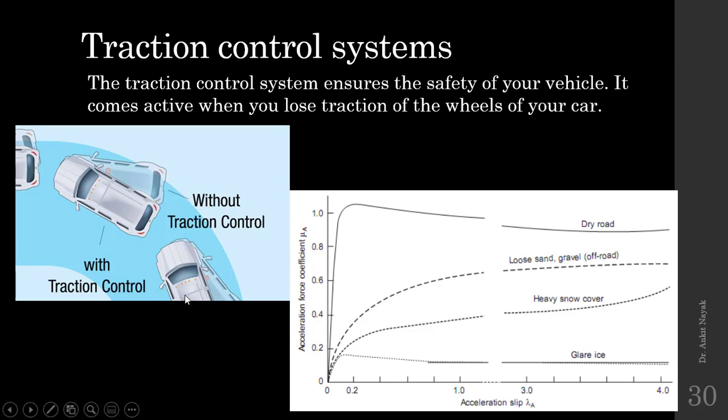Another thing is the traction control. In the case of traction control, if there is a slippery surface, then there is a possibility that the wheel of the vehicle will slip with a higher RPM, which will not be proportional to the speed of the vehicle. So, to ensure the non-slippery motion of the vehicle or of the wheel, we have to adopt the traction control